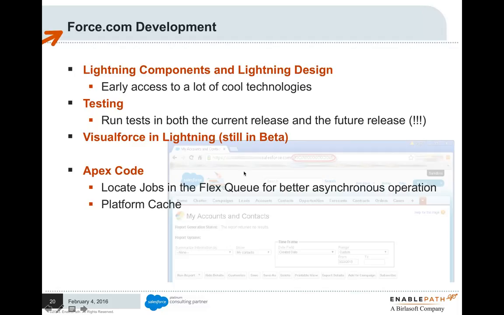On the Apex code side, the ability to locate jobs in the Flex queue, that's great for customers who are using Flex queue. I don't see that a lot right now. What I do see a lot right now is a need for the platform cache. And I understand that every enterprise org does come with a limited amount of platform cache and the ability to buy more. Platform cache is a way for you to potentially speed up your Visualforce pages in particular, although it can be used elsewhere in the platform,